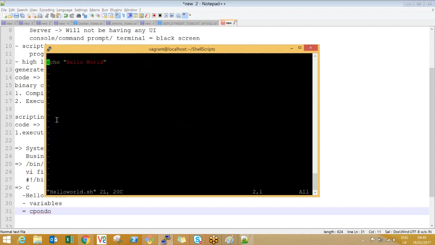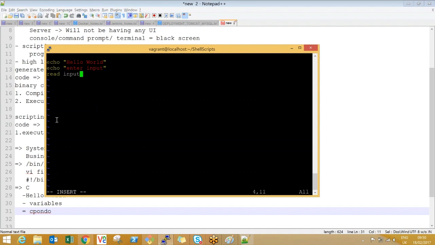Okay, now once hello world is done, what else do you learn next? You learn how to read the input variables. Echo enter input. To read your input, there is a keyword called read. Say read input.